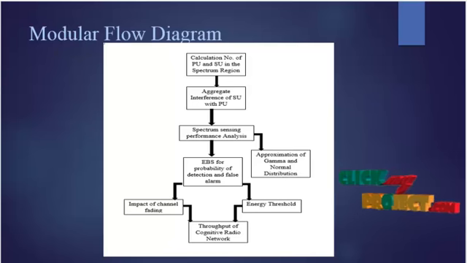In the spectrum sensing performance analysis, we are going to analyze the spectrum allocation for the proposed system, that is energy-based sensing, and the normal procedures of the gamma distribution function and normal distribution function. The energy-based sensing provides the probability of detection and false alarm for the secondary users with the primary users. With the formulation of probability of detection and probability of false alarm, we are going to calculate the energy attained by the secondary users in the spectrum region.